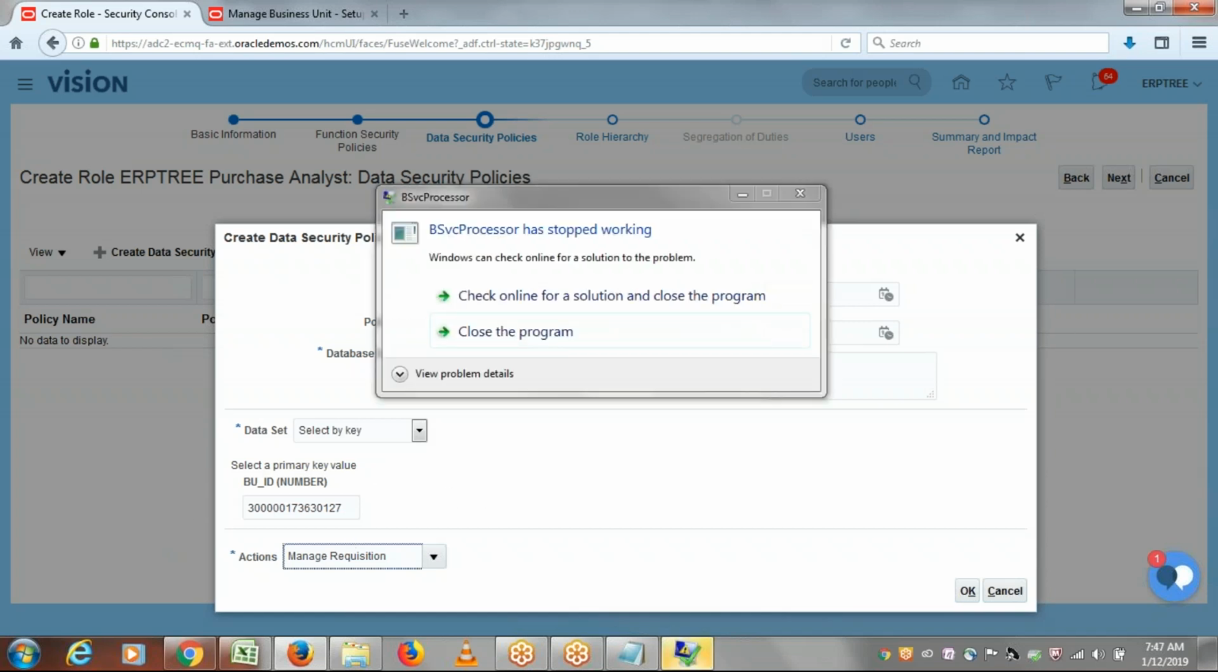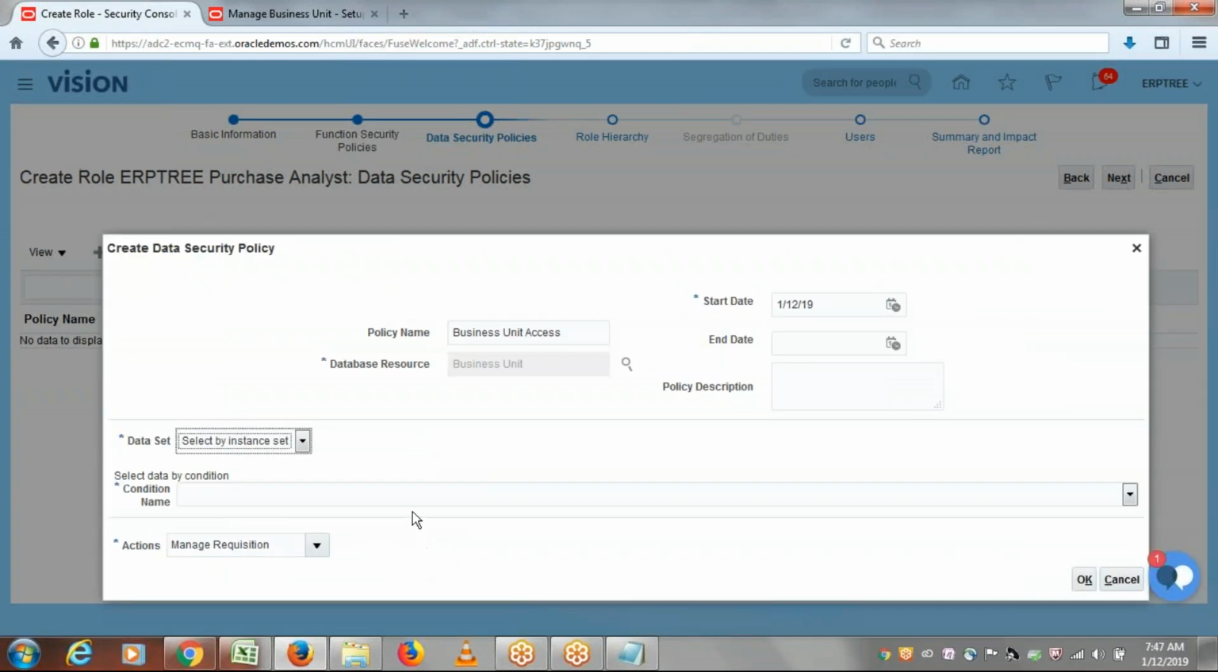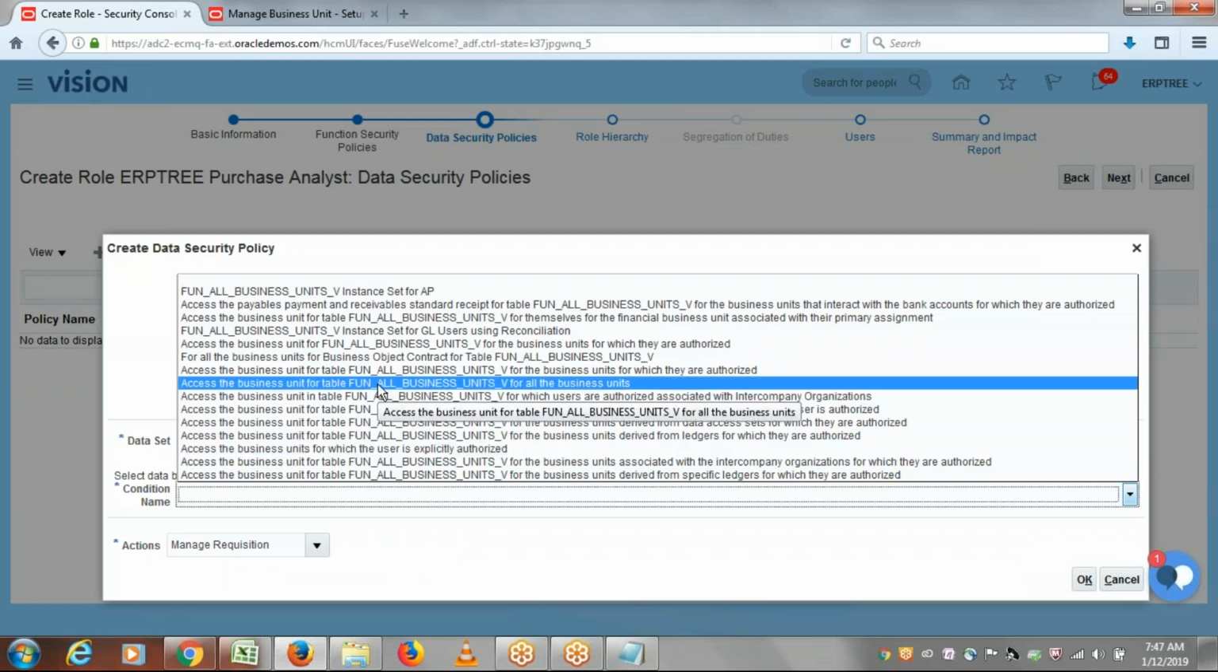So in this, that means you are directly hard coding. For this, you are directly provisioning the BU access. But ideally, we don't do this. So what we can do is, we'll go with this option. Select by instance set. Here you can specify, so this option,